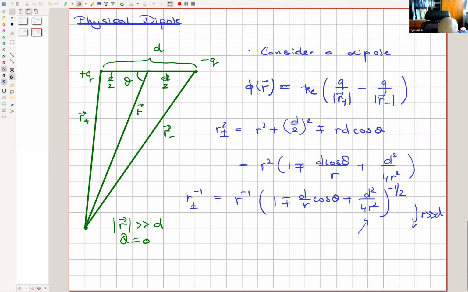And given r is sufficiently large, this term can be approximated away, in which case I can simply write that this is just r to the power minus 1